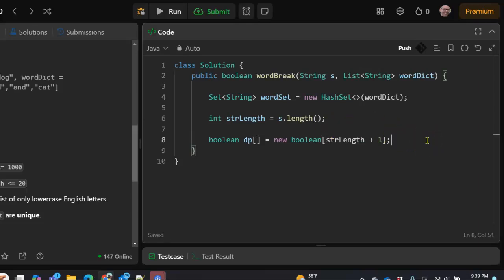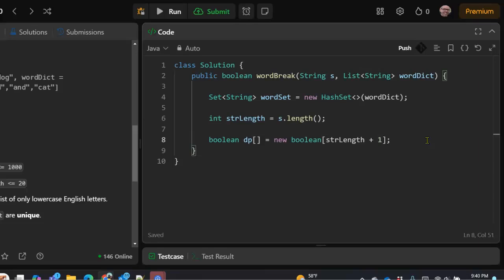We need a plus 1 because we need to handle index 0 plus an index for every letter of the string.